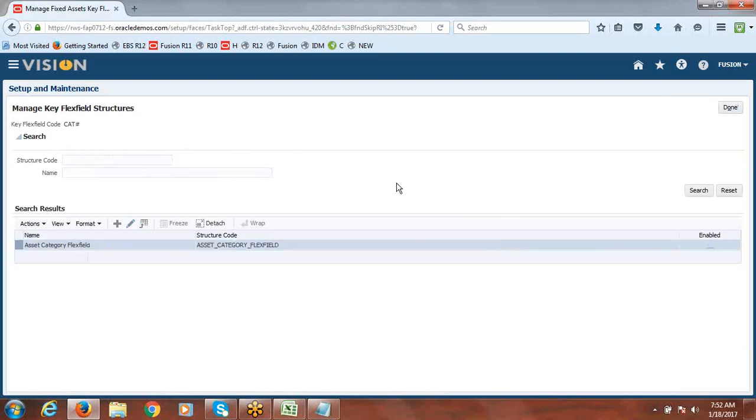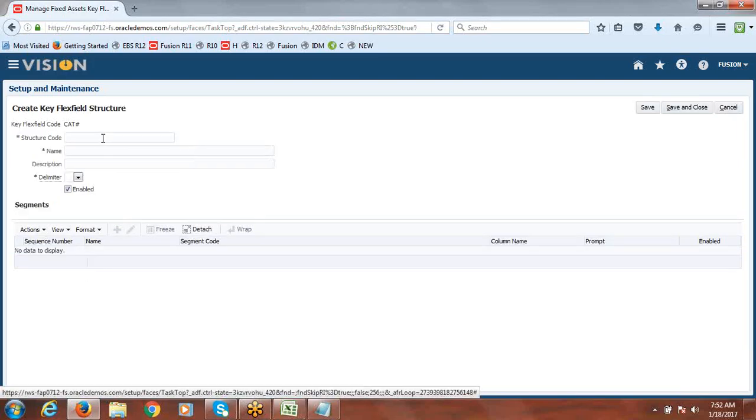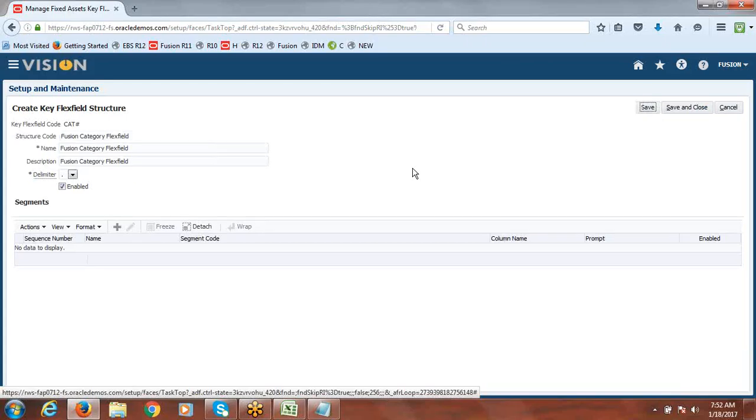We discussed you can have only one active, but just for testing we are going to create a new one. So I disable this category flex field which is already in use. Save it, we'll accept.